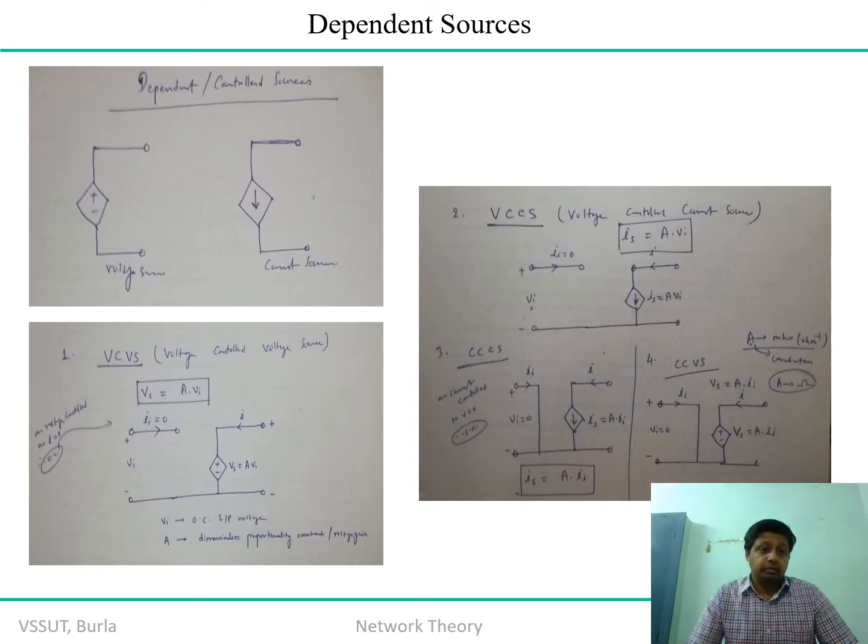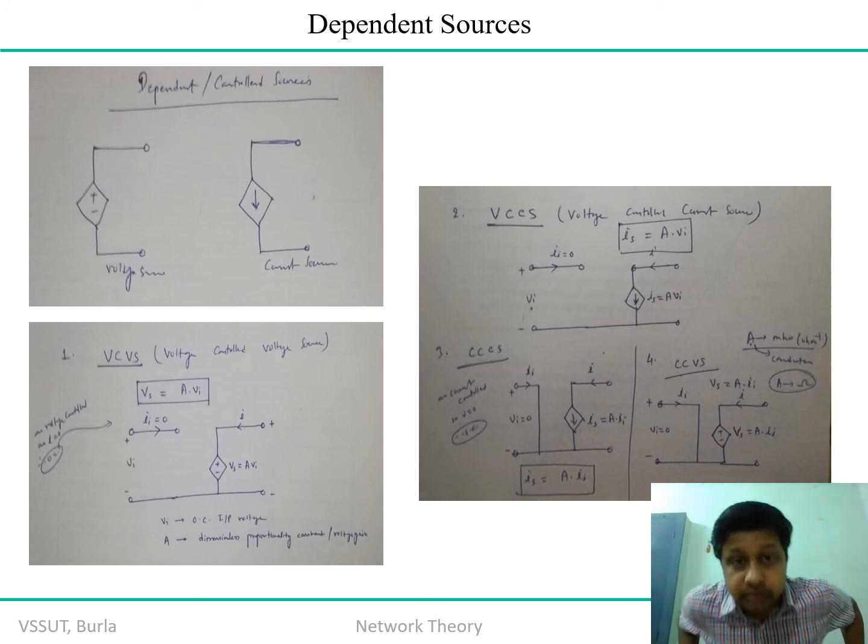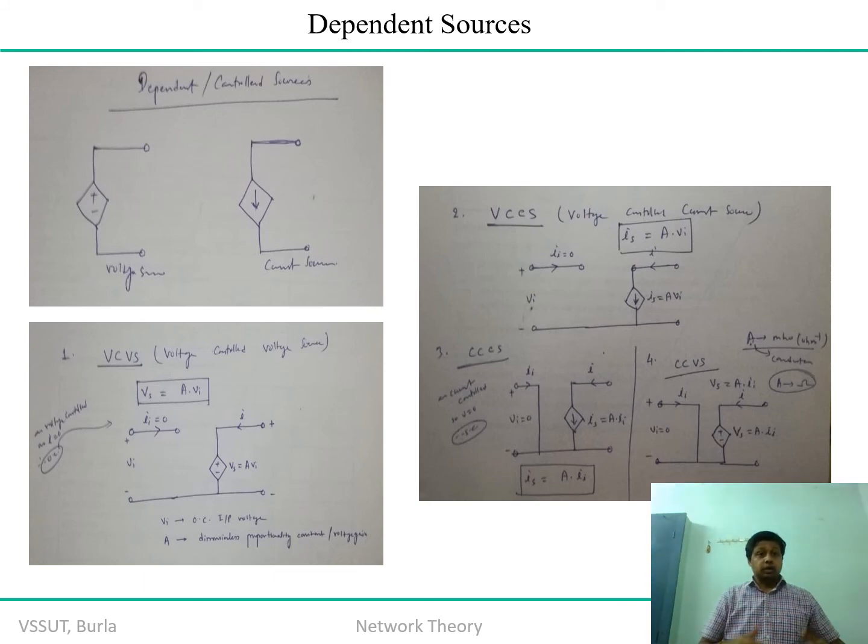So remember, your voltage source can be a dependent source or a controlled source, and a current source can be a dependent source or a controlled source. Now when you say it is dependent or controlled, which parameter? Again the possibilities can be both, because we have current and voltage. Sometimes your voltage can be the independent variable, and sometimes current can also be the independent variable. So you have again two more possibilities.